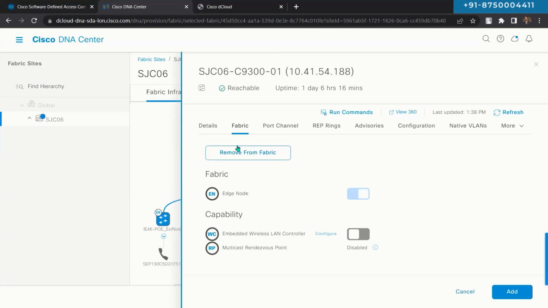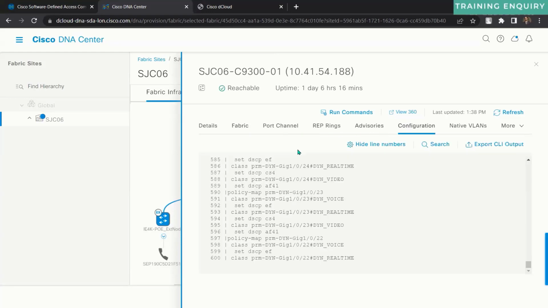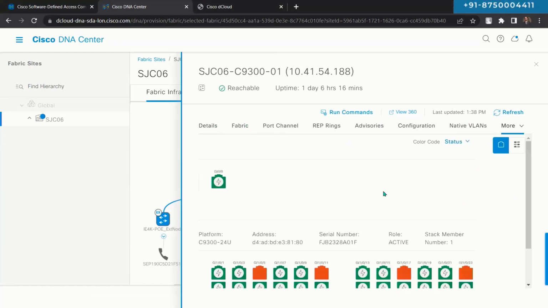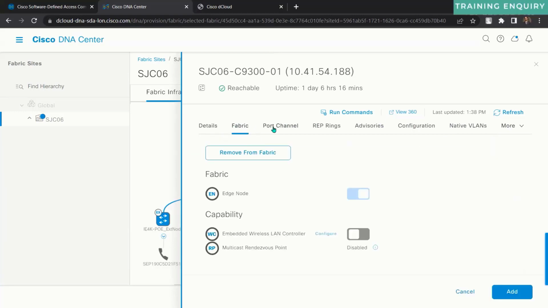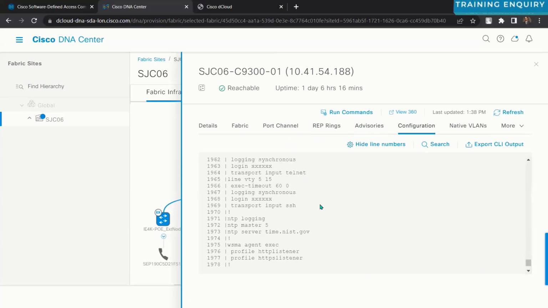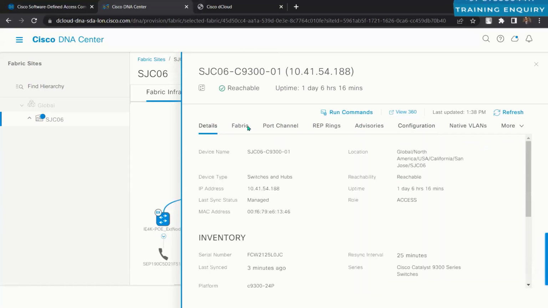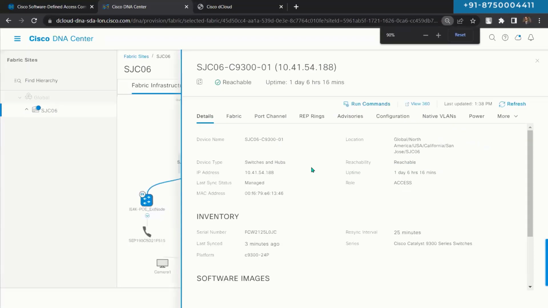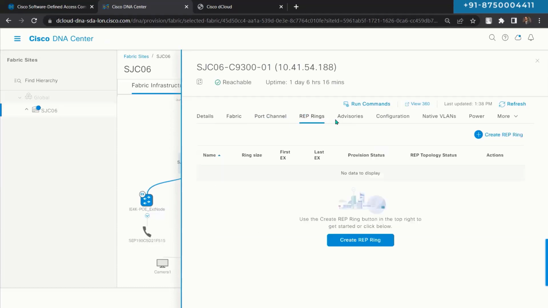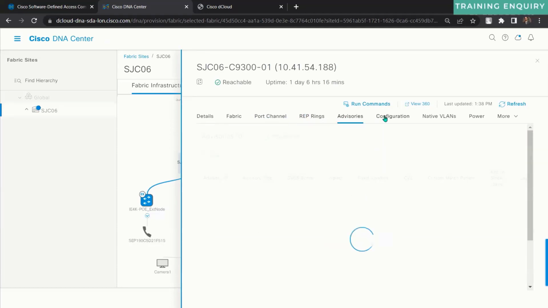No, we are not interested in that. Just check this. Where is that? Do you see the interfaces? Fabric, port channel, not the port channel, advisories, here, details. It's actually not showing the IP address. This is the switch IP address, not interested in that. It is not showing us the